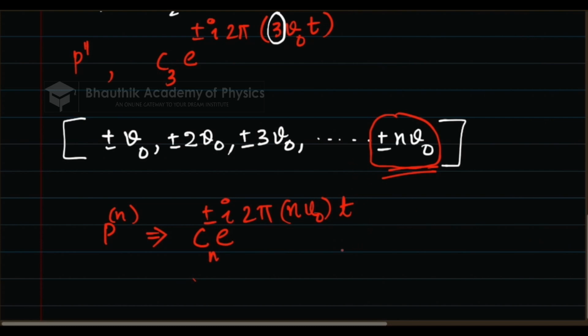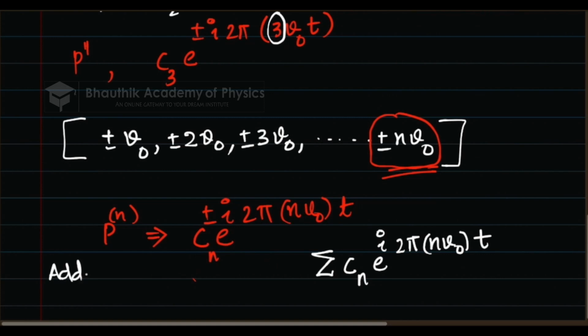Now what I'm going to do is to add all these vectors. Okay, I have now n vectors. I'm going to add all these vectors. Some vectors are spinning clockwise. Some vectors are spinning anti-clockwise. I'm going to add all this. How do I represent that addition formula? So you can use a sigma notation that you are already familiar with. So I'm going to use that. So sigma Cn e raised to i 2 pi n mu naught times t. So this is what I get if I add all these vectors,